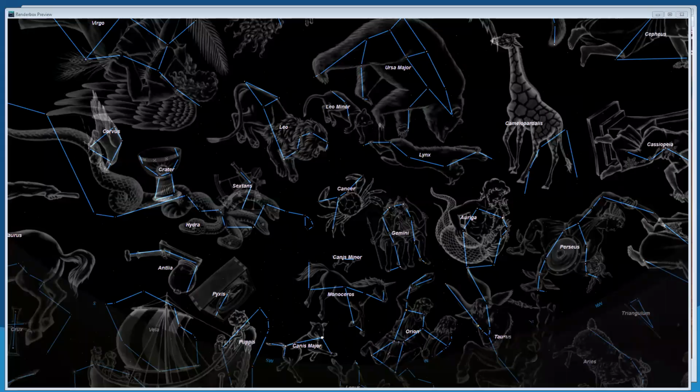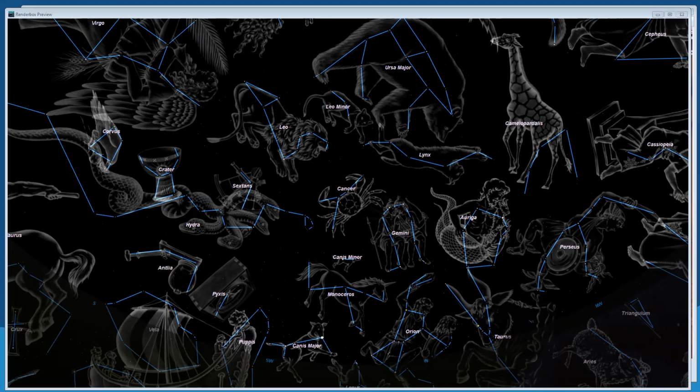Oh, somebody asked, what is the name of the giraffe constellation? Yes, it's very funny, and I'm probably going to not pronounce it very well. Camelopardus, and first off, this little thing does not look like a giraffe to me, but I think it is supposed to be like a camel leopard.